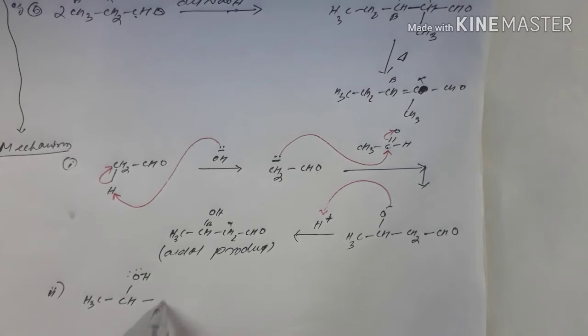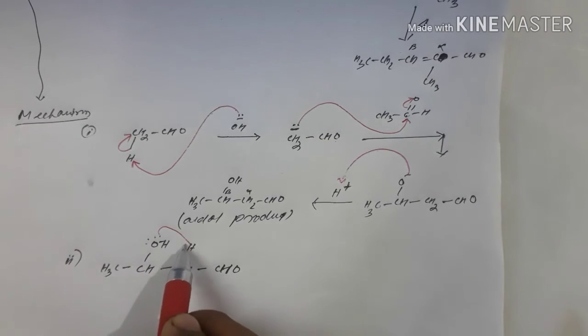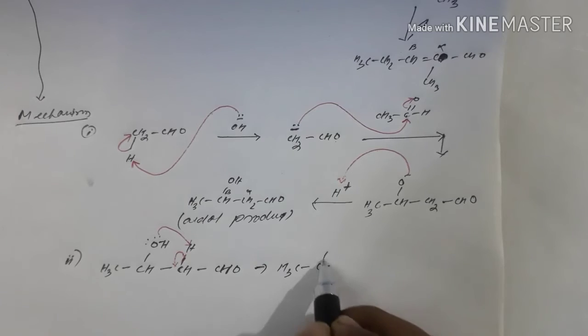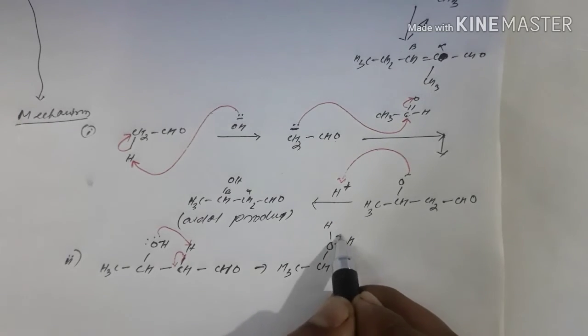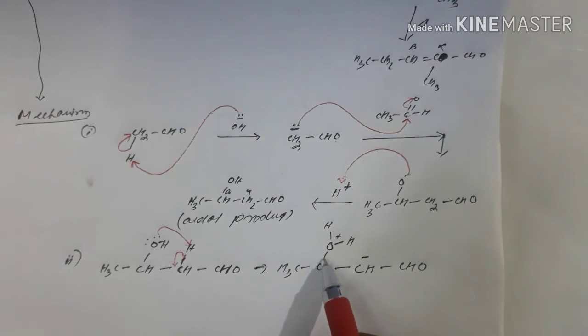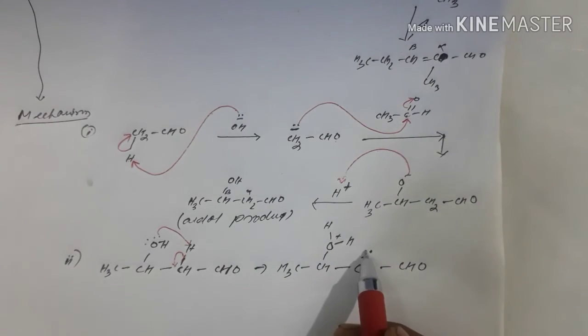Okay, it will undergo condensation. I will just write the simplified one. It's simple. It will go and abstract the proton from here. Clear? Let's make it like this. And then what happens? CH3, CH, it will become OH and H, right? And this will become positively charged. So CH is negatively charged, and it is CHO. Now to minimize the positive charge, we have to break the bond, right? So in a single step, you just shift this electron here.